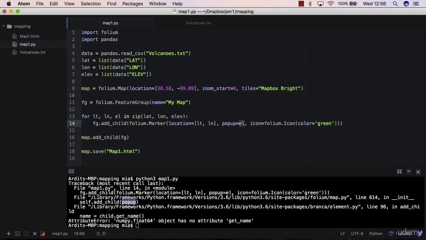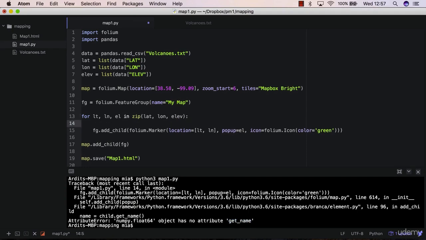So pop-up, and this says name child get name attribute error numpy.float64 object has no attribute get name. So it seems that Folium is trying to apply this getName method, which is a method inside the Folium code base, and it's trying to apply it to a number. So I think that this L here is actually a number, and I can check that by saying print type